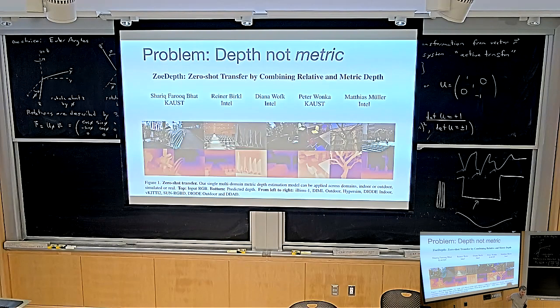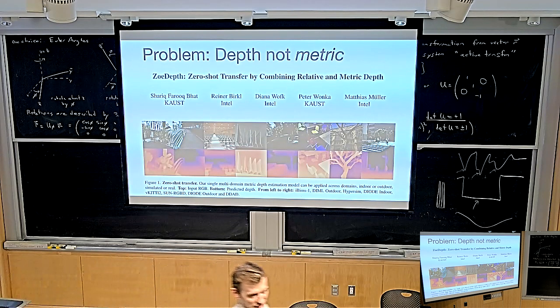But basically what this paper proposes is: we're going to pre-train a relative depth estimation network in exactly the way that we just discussed. And then we're going to build a little fine-tuning scheme that uses very few parameters on top of that network, such that we can calibrate it to predict metric depth. So it's like, we have very little metric data, but lots of non-metric data. We train something that does relative depth estimation on this big data set of relative depth, and then we fine-tune it a little bit on this metric data set in a smart way. And then this thing actually does approximately output metric depth.